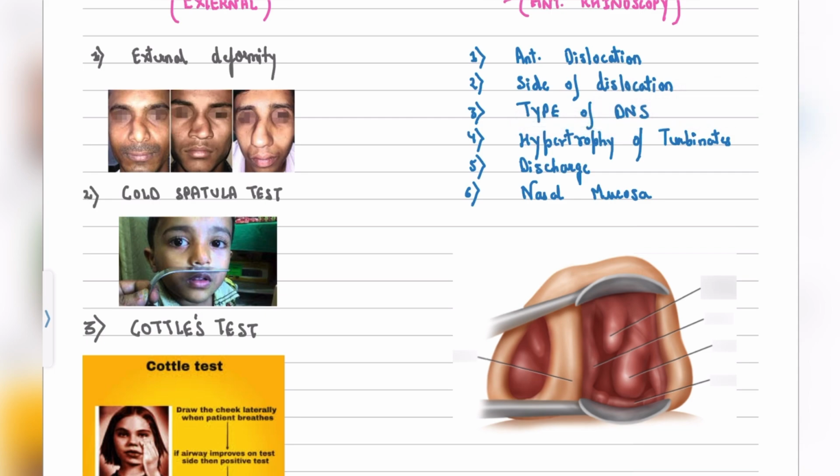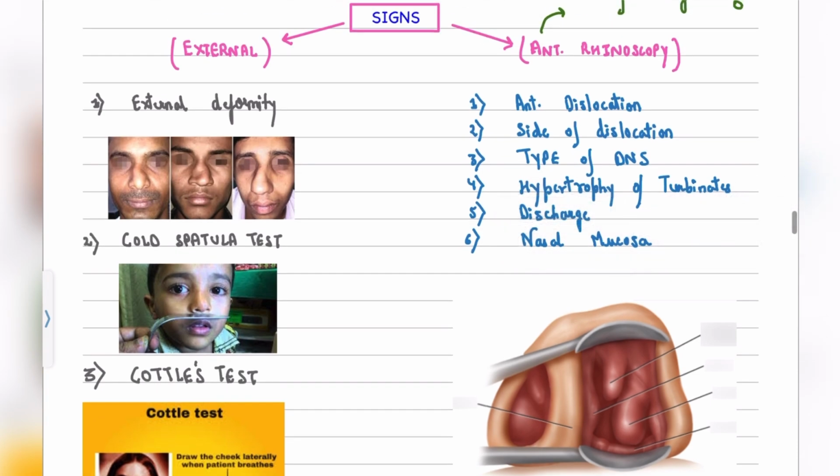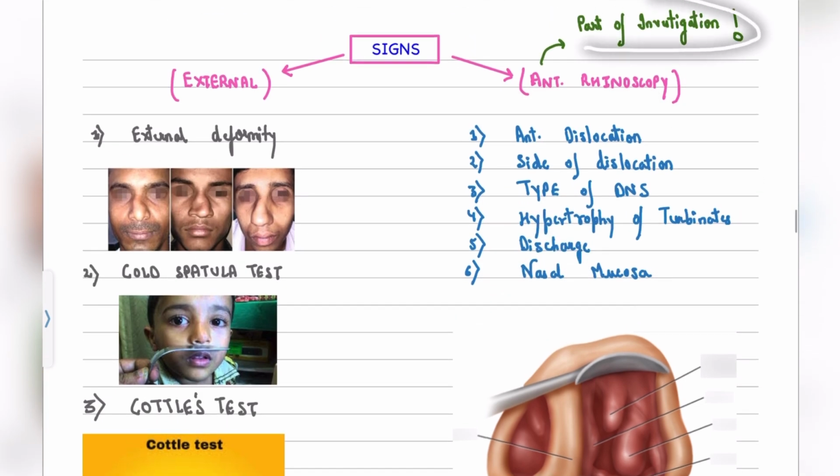All right. We might even see the hypertrophy of turbinates. In this case, this turbinate is hypertrophied. We can assess the discharge, and finally we can see the mucosa if it is dry or congested. All right, all these things are found on anterior rhinoscopy, and it becomes the basis of investigation for a